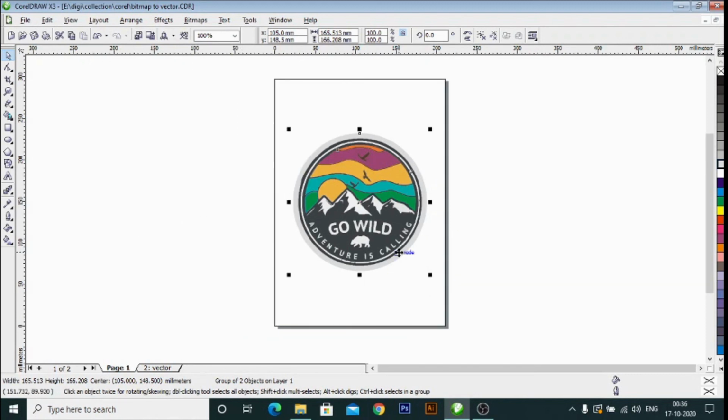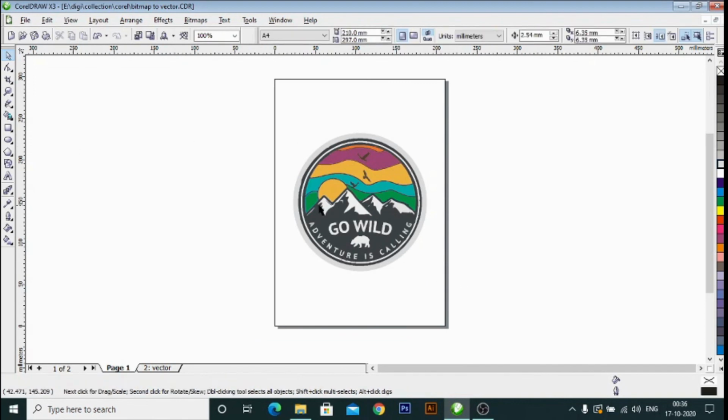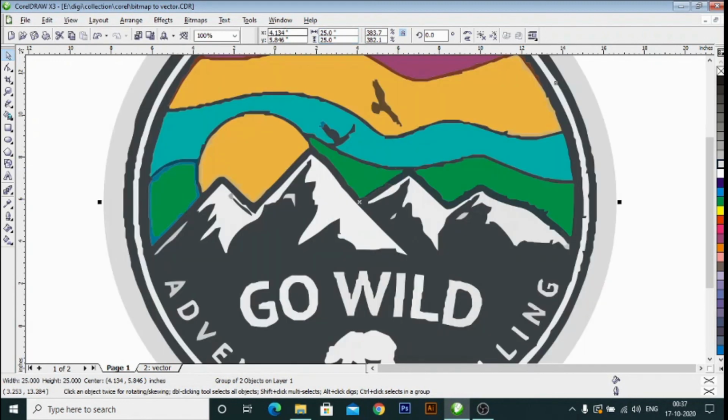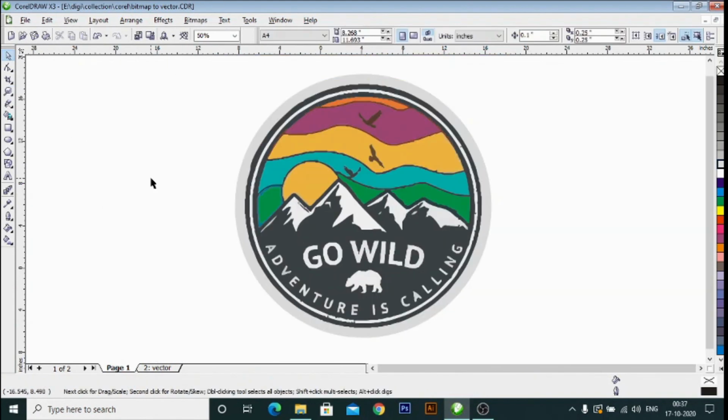Now check the difference, enlarge this image. Now the curves are still the same.